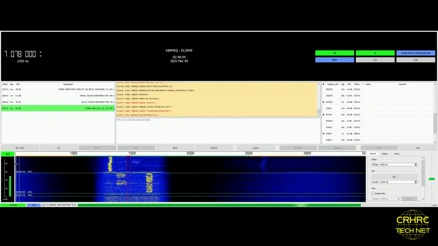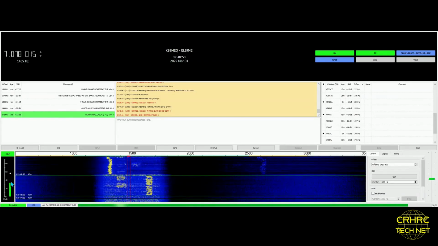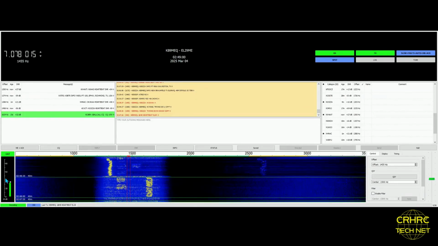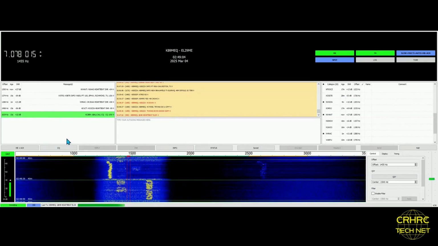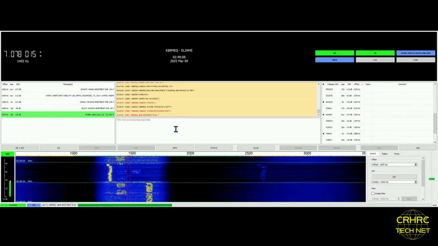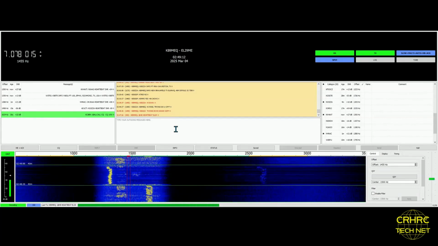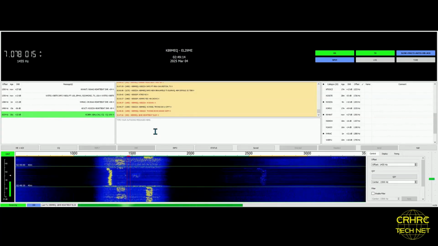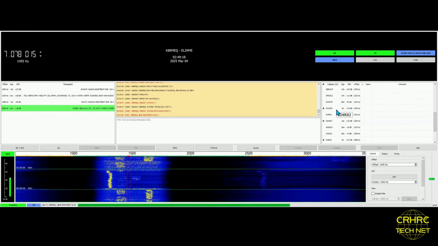And the reason I keep it so loud is because you need to have your CAT between 40 and 60 here on the far left. And so nobody's coming back to me on the heartbeat, it looks like. I'm going to give it one more second, and then I'm going to send out an all call to,